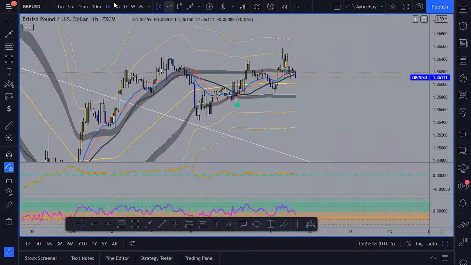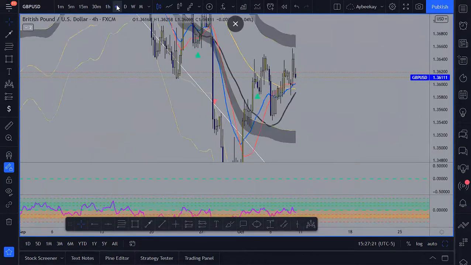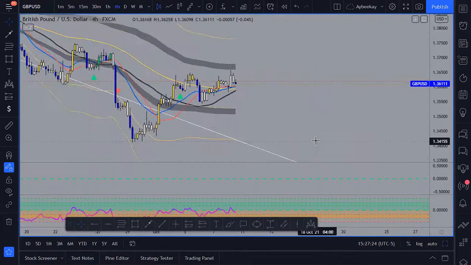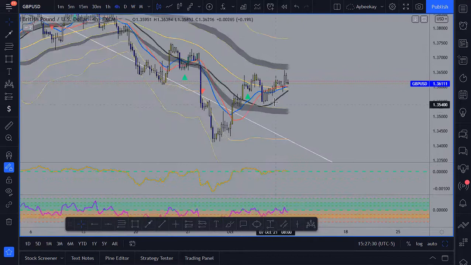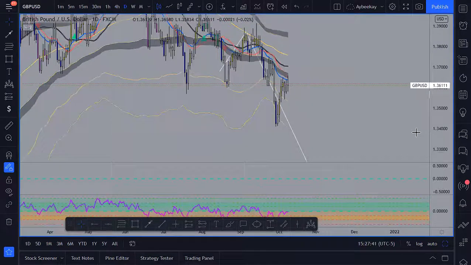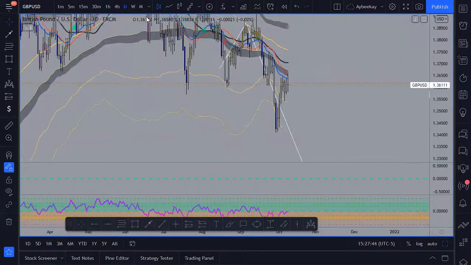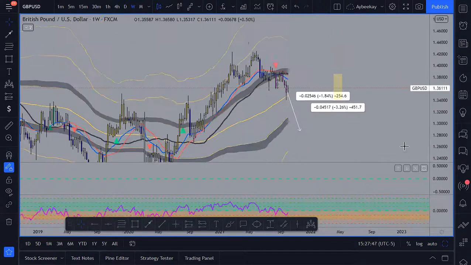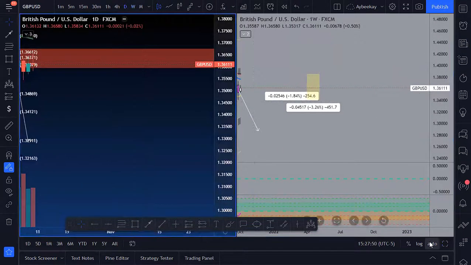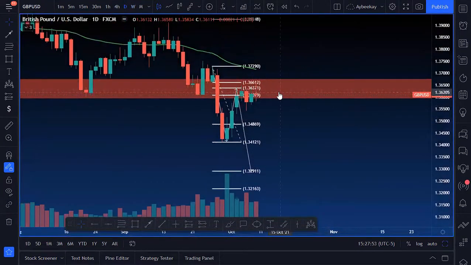GU 1 hour time frame looks rubbish. 4 hour time frame looks kind of rubbish, but not really. It came up to the upper danger zone almost and then fell, but again, I'm not really trying to trade off of that. The daily time frame is definitely still looking bearish, and the weekly, yeah, you already know how I feel about this on the weekly. So with that being said, I'm still feeling this analysis. I'm still feeling this sell bias right here. So that hasn't changed for me.